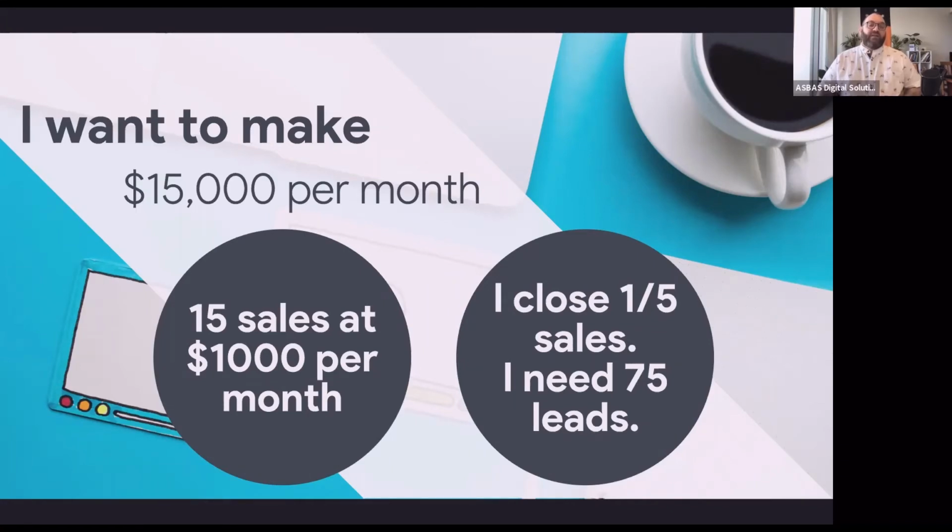That means I need to bring in 75 inquiries through Facebook on my website or a landing page or wherever it is I'm sending people from my Facebook ads. And I then need to be assured that I'm going to close a good 1 out of 5, or 15 out of those 75. Now, the economics don't work out the same online as what they work out in person. When you've got someone coming in live to the place where you're running your business,